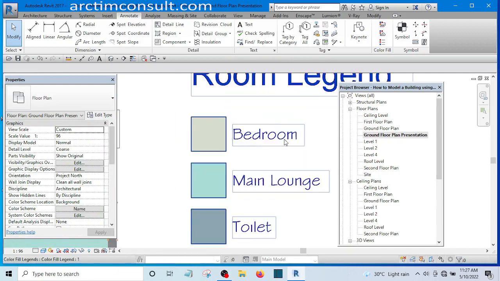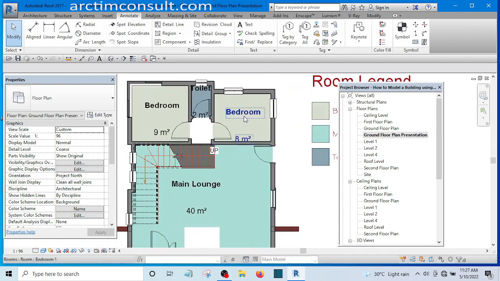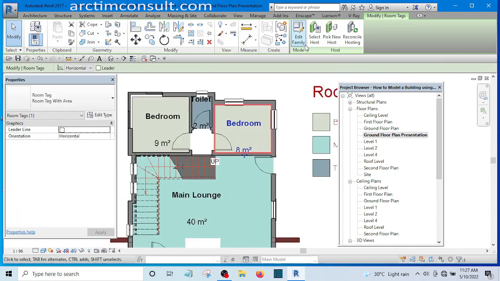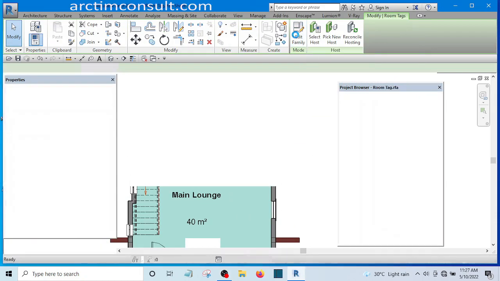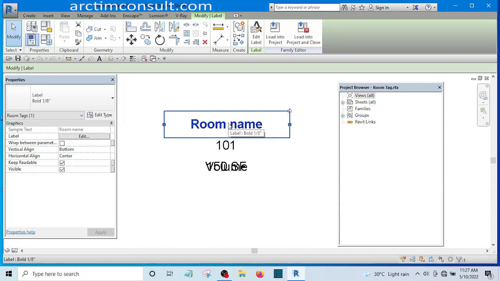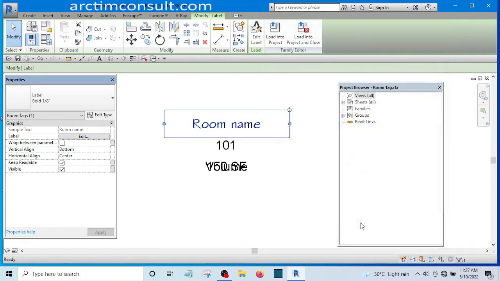Okay, you can see the sizes have changed, but for these rooms we will edit family. Let's edit family and see. Okay, so if I select this, I will be able to edit it, and the font I want to use is stylus BT, and click OK. Click OK again,